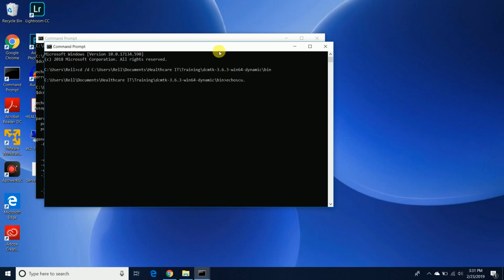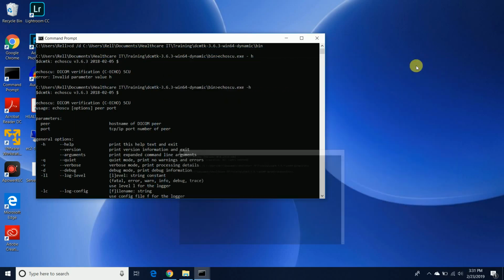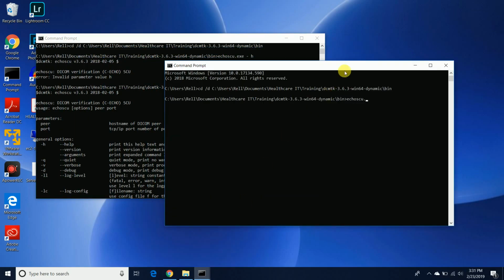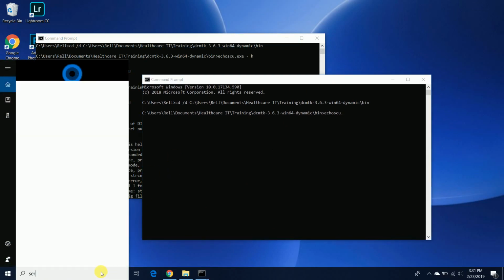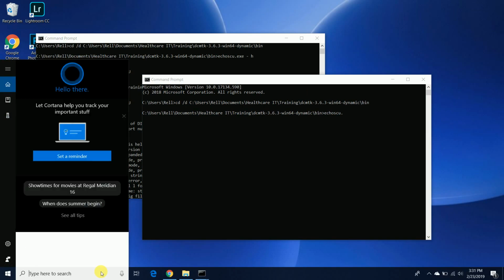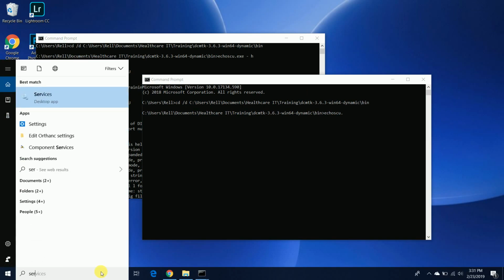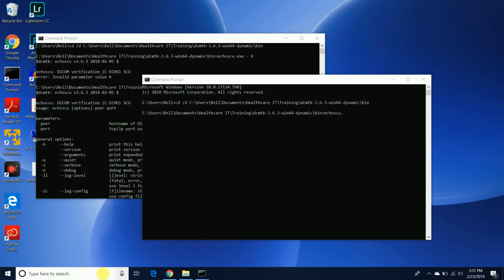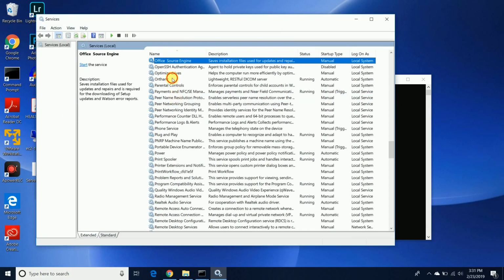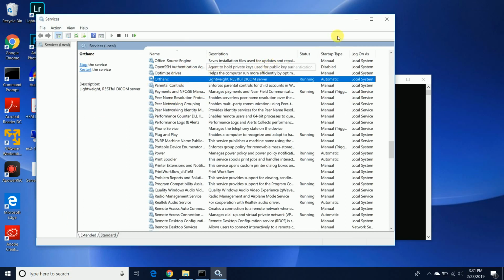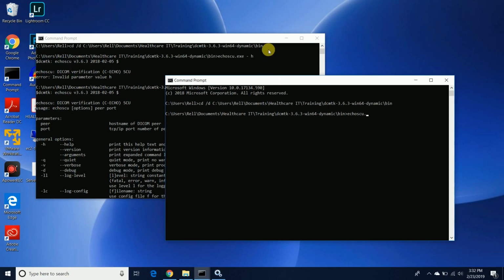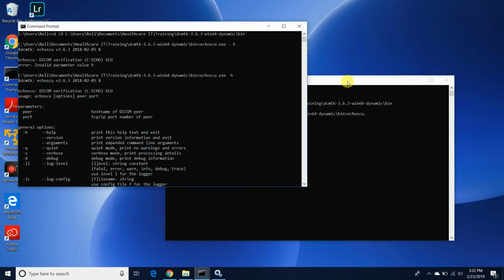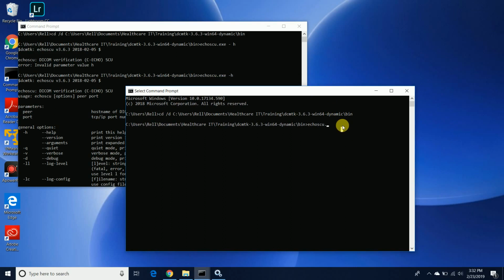Okay. Now, in this scenario here, I have my DICOM servers up and running. So let's just verify. You see the Orthanc DICOM server is up and running right here. So we're going to see if we can do a DICOM verify using Echo SCU. So let's do,